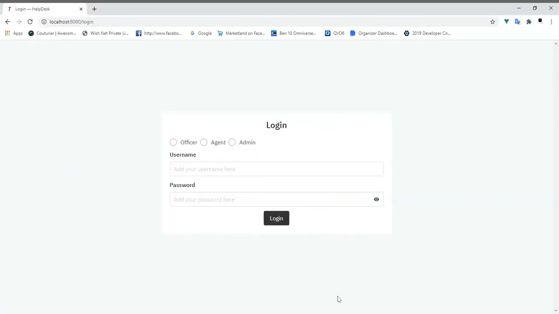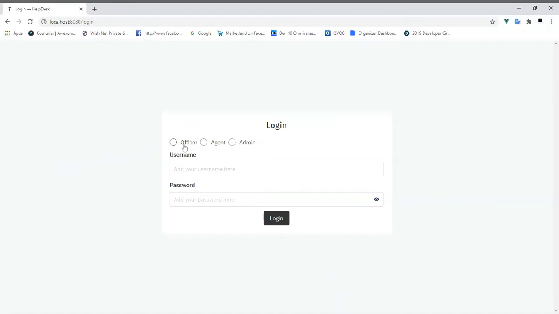Hello, so this is the dashboard of Delhi Jal Board grievance redressal. So we can find three login options here. One is the officer, one is the agent, and one is the super admin or the super user, which would be having the access of every functionality in the system.